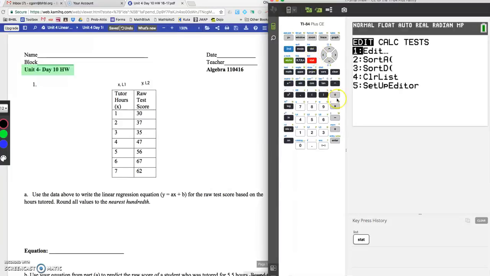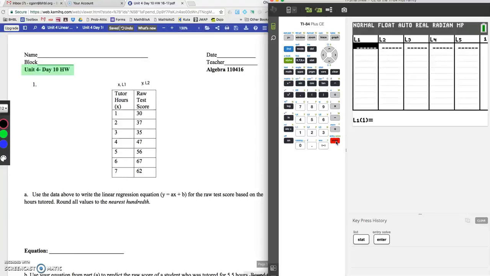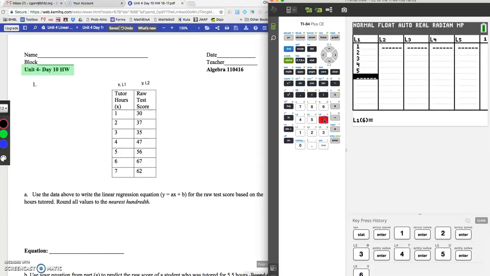In my Stat menu, I am going to Edit, and I'm going to now enter in the data that is included in my table. So 1, 2, 3, 4, 5, 6, 7 hours of tutoring. I'm going to go over to my L2 column, and I'm going to enter all of the corresponding values. And it's important that these values are lined up because they are ordered pairs as far as data values go. So if I'm putting in 56, I'm assuming that the person had 5 hours of tutoring, and 56 was their